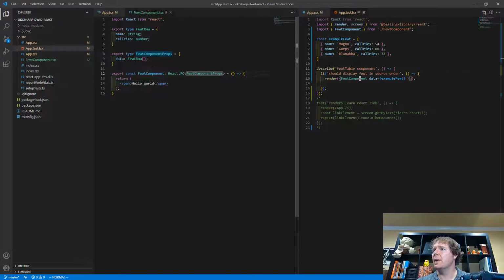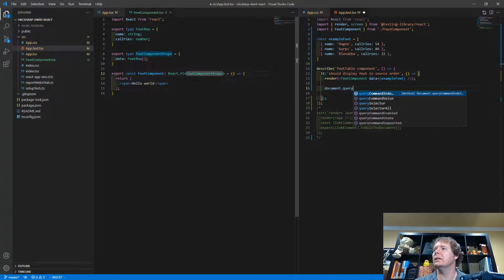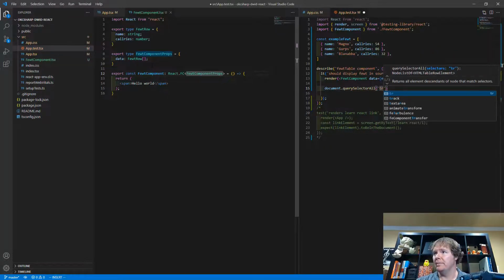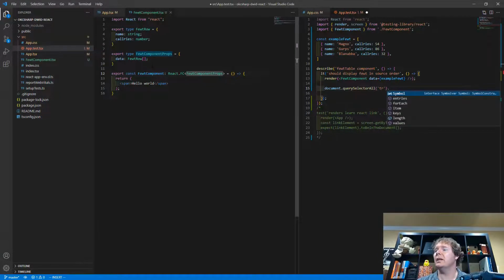So our assertion should be something like, we should get these things in the order that we passed them. And if you notice, they're not alphabetized. So let's do this. We're going to do document.querySelectorAll. One of the cool things about the React testing library here is document is basically whatever you've rendered just for this one particular test. So you don't have to worry about other things being in the document or anything like that. That's one of my favorite things about the React testing library. So we're going to query for table rows. And then for each of those,